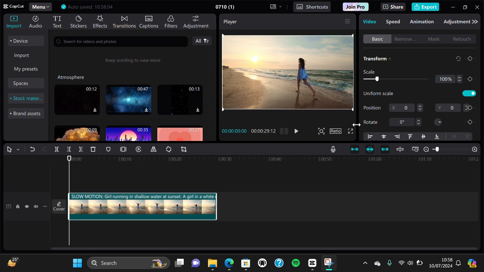In today's video, I'm going to show you how you can use color grading in CapCut PC. Okay, let's get into it guys. Here I have created a project in my CapCut PC application and I'm going to use color grading for this